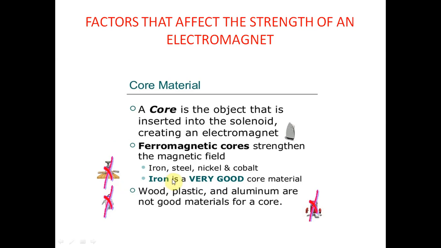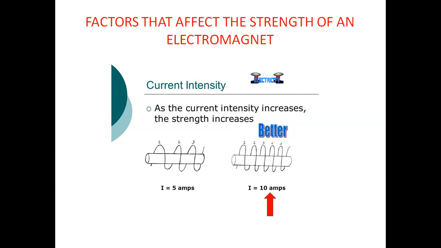So iron is a ferromagnetic material, so it is very good for core material. And other types of material like wood, plastic, aluminum are not good materials for a core. इसका मीन जितनी अच्छी कोर होगी उतनी ही इलेक्ट्रोमैग्नेट की स्ट्रेंथ होगी।